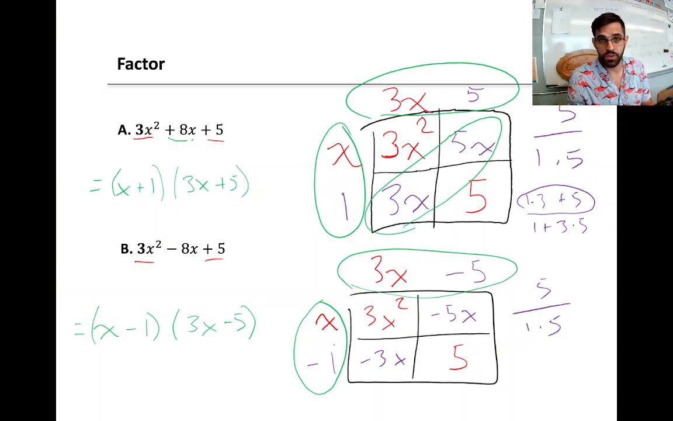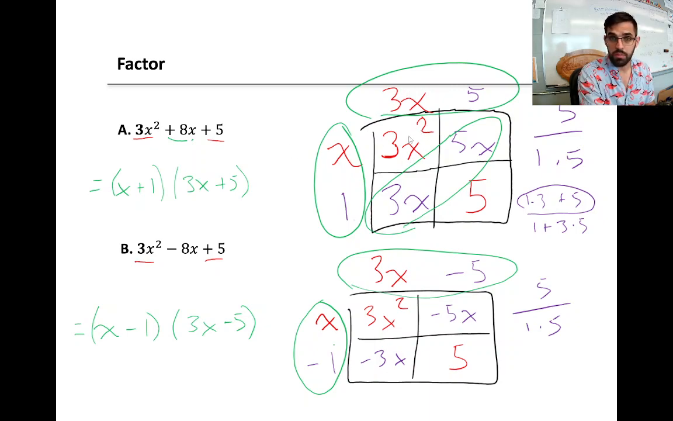These are more difficult than the last lesson's examples because our x squared term has a number attached to it. In the last one, it always started with x squared. This time we're having bigger coefficients, or smaller. So for the first example, we have a 3x squared. So when we do our box,